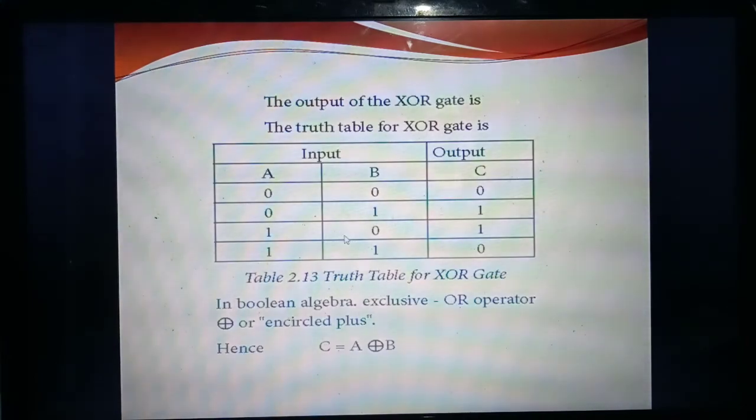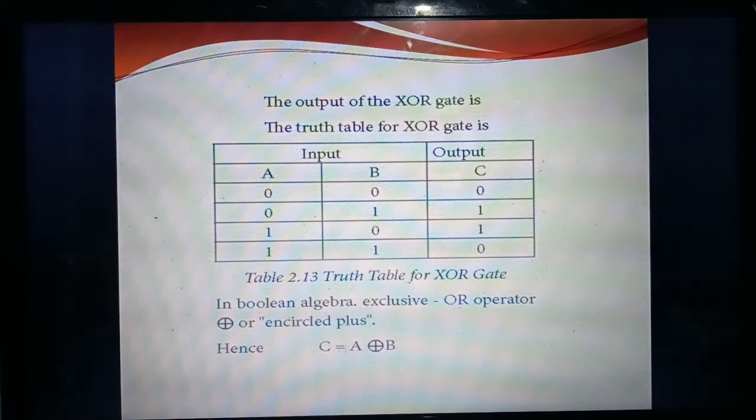So this is the truth table. Okay. So see the truth table. Already you have studied when you will get the output true. Either one of the input is true means you will get the output true. So when the inputs are same, you will get the output answer is 0. See, first inputs are same, 0, 0. Answer is 0. Inputs are same, 1, 1. Answer is 0. But see, either one of the input is 1 means you will get the answer 1. Understand? So this is the formula.